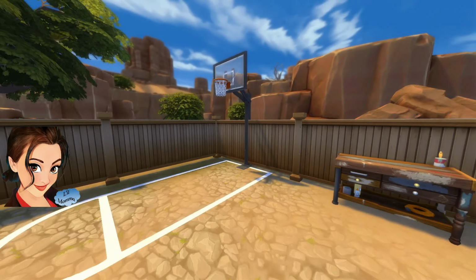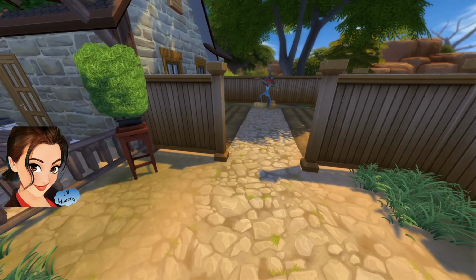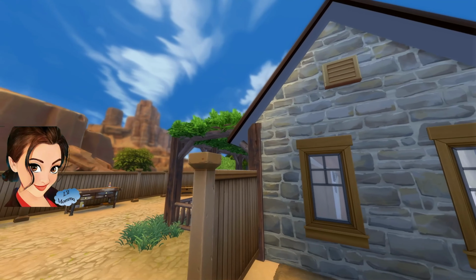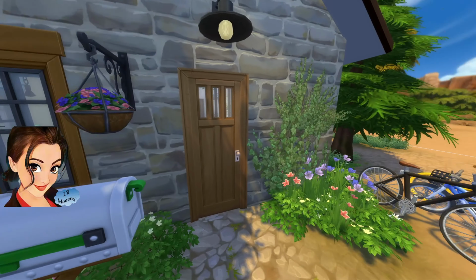Also have a basketball court. I wanted to make sure there was plenty of stuff out here for everybody to do something. Bonsai tree, we've got Patchy back there, and a little place back here to do some gardening, which is always a good thing. So if we go in through the front door, which is right here, I wanted to